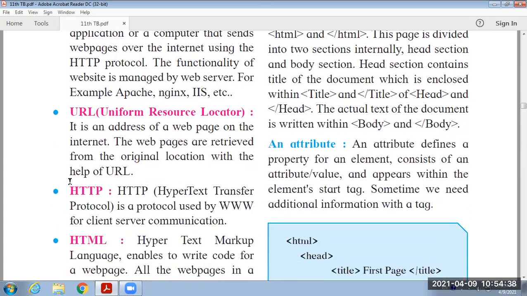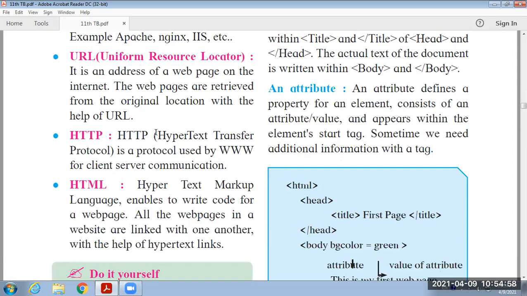The next one is the URL. URL means the website address of any web page. Whatever different addresses you are typing in the browser, that address is nothing but the URL, that is Uniform Resource Locator.